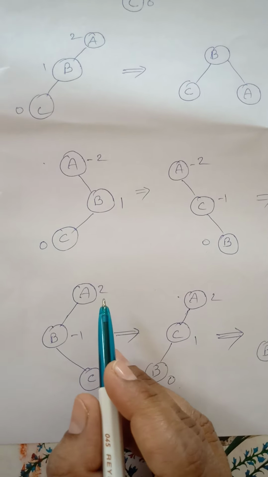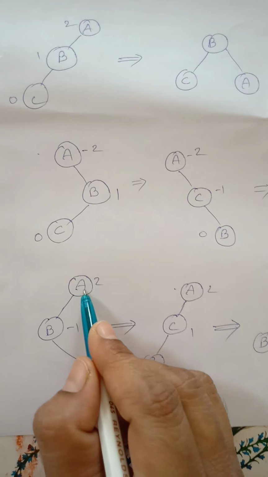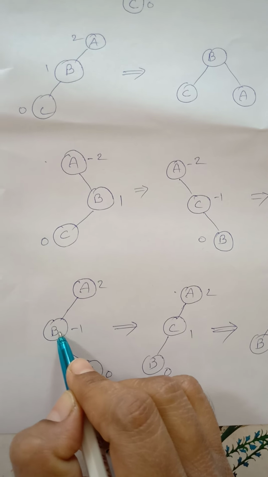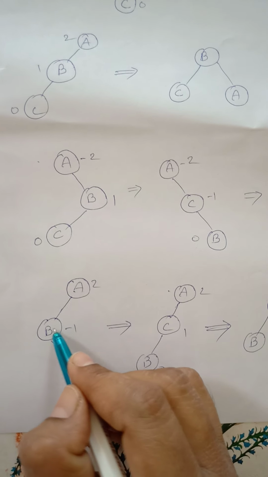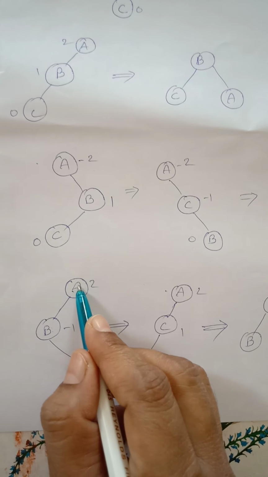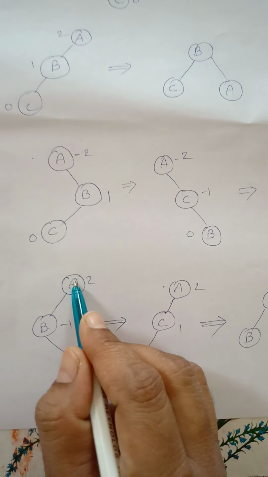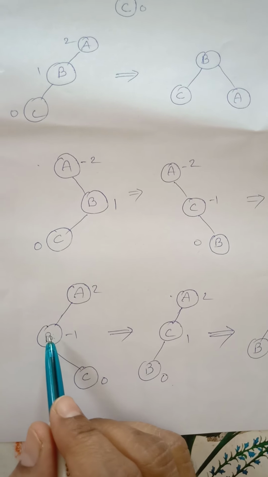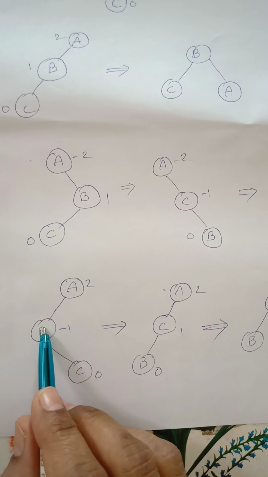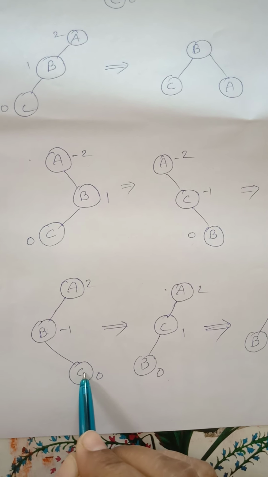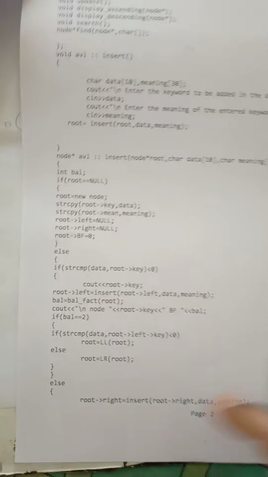So here, see, this is your root. After that, root of left, what is the value of this? Compare the key of this and the key of this. If this key has a lesser value than this root, it means the node is in the left part of the root. And if the key value of this is less than the key value of this, it means it goes to the right of this node. You will be clear from here.